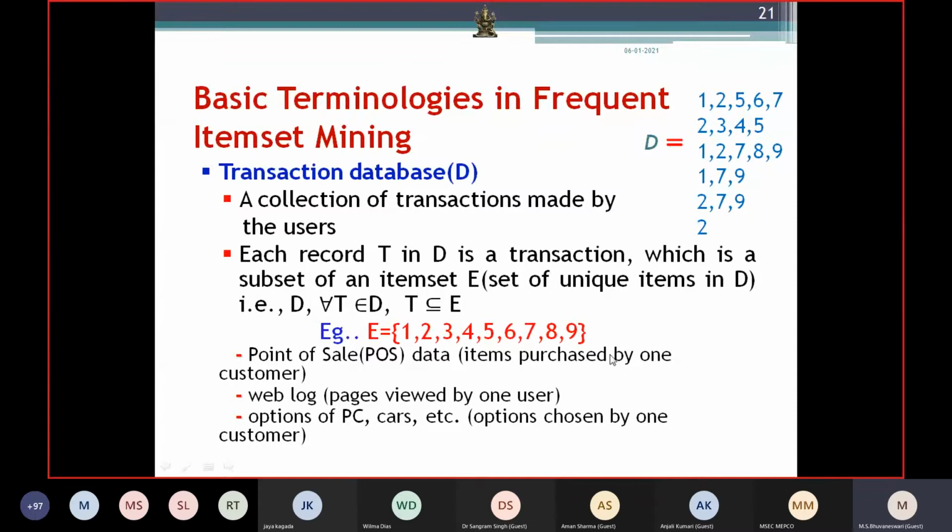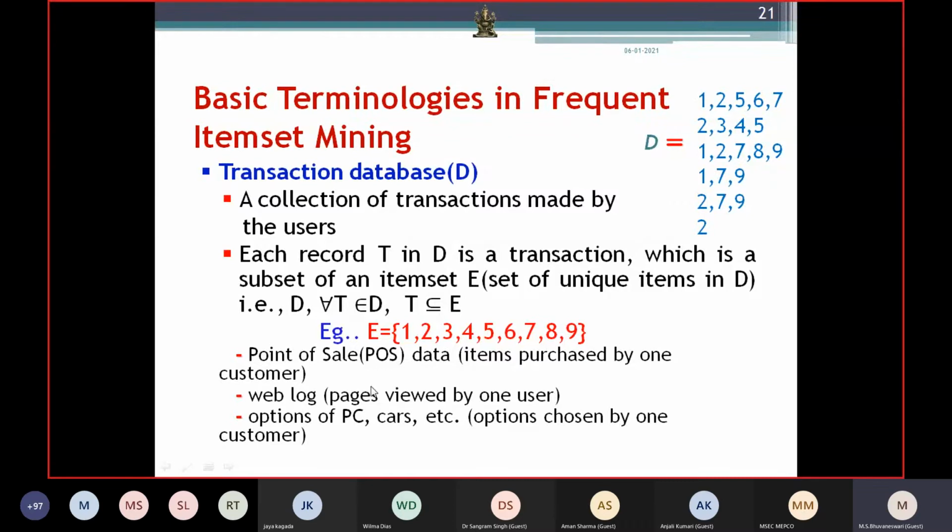This is the set of unique items present in my DB. Now T is T1, T2, T3, T4, T5, T6. T1 is going to be a subset of E automatically. 1, 2, 5, 6, 7 is a subset of E, and 2, 3, 4, 5 is a subset of E, right? It comes within your E. So this is the basic definition of it.